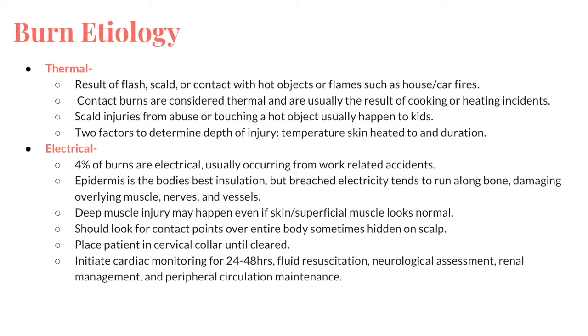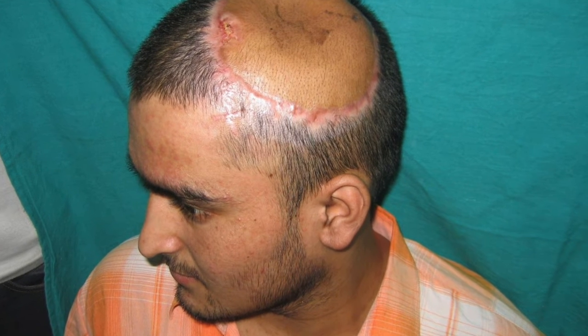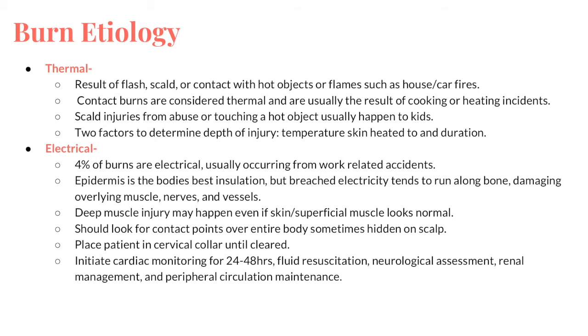Electrical burns make up 4% of burns and usually occur from work-related accidents. The epidermis is the body's best insulation, but once breached, electricity tends to run along the bone, damaging overlying muscle, nerves, and vessels. Deep muscle injury may happen even if the skin or the superficial muscle looks normal. You should look for contact points over the entire body, sometimes hidden on the scalp. Place the patient in a cervical collar until cleared. Initiate cardiac monitoring for 24 to 48 hours. Management includes fluid resuscitation, neurological assessment, renal management, and